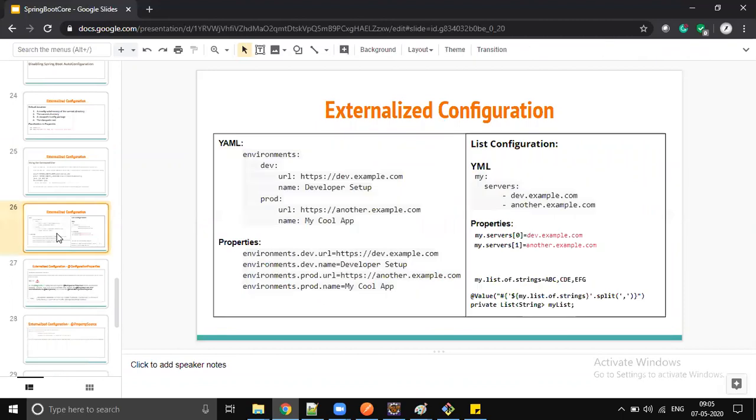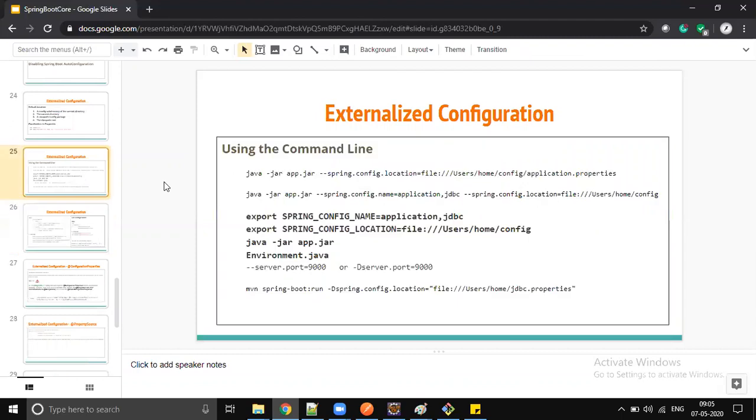Next question, Sunil. What about multiple files from multiple locations? You can pass them comma separated here. But we don't keep configuration in multiple places. We will put it in one folder, right? That won't be a good practice. So we will put it in one folder and split it into multiple files. So mostly we don't do a multi-folder configuration. That is not a good practice. But you can just pass it comma separated. But that is not good. In real time we don't do that.